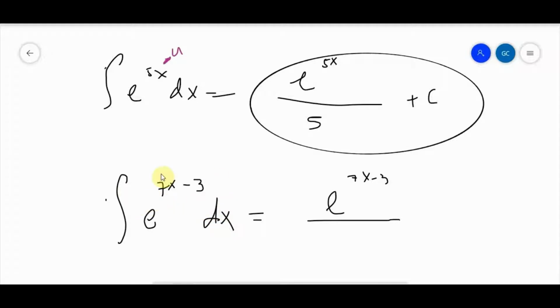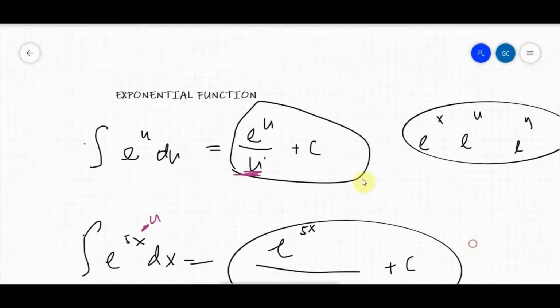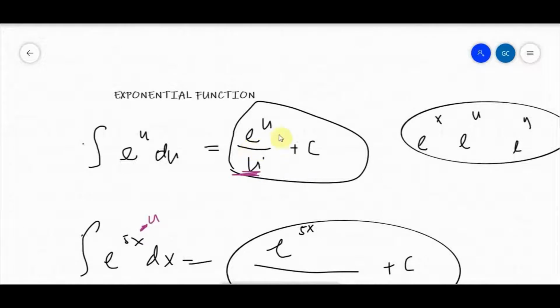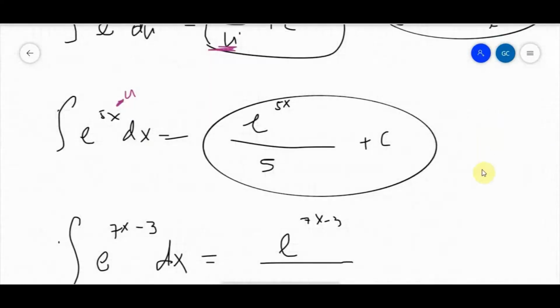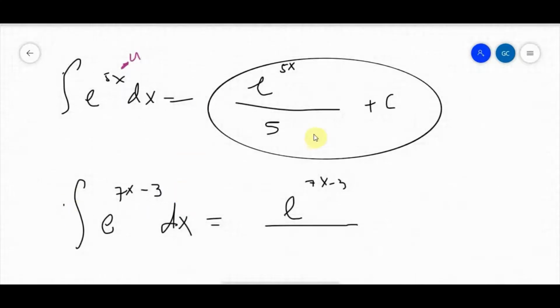Now I say derivative because the formula says e raised to u over u prime, or the derivative of u. So we get the derivative of the exponent. What is the derivative of the exponent? That would be 7 times 1, plus some constant c,